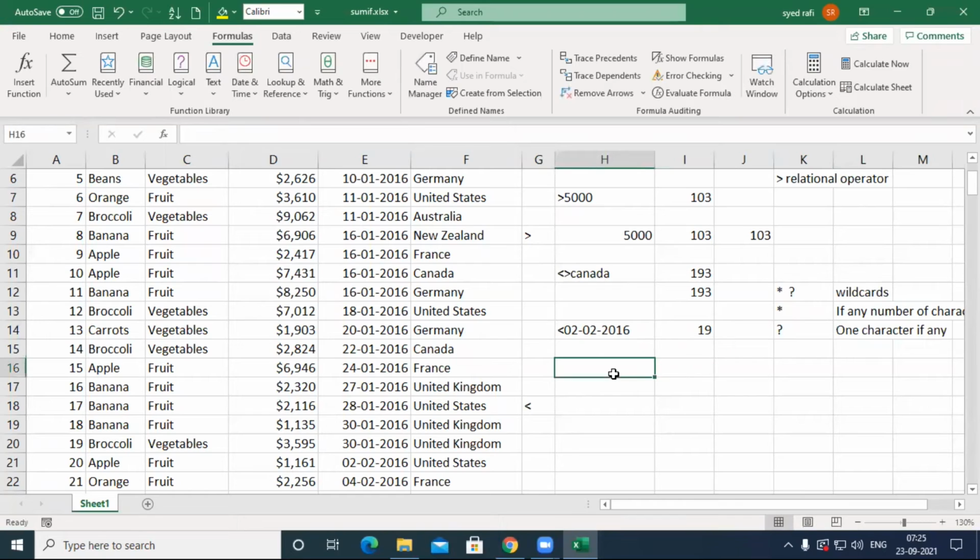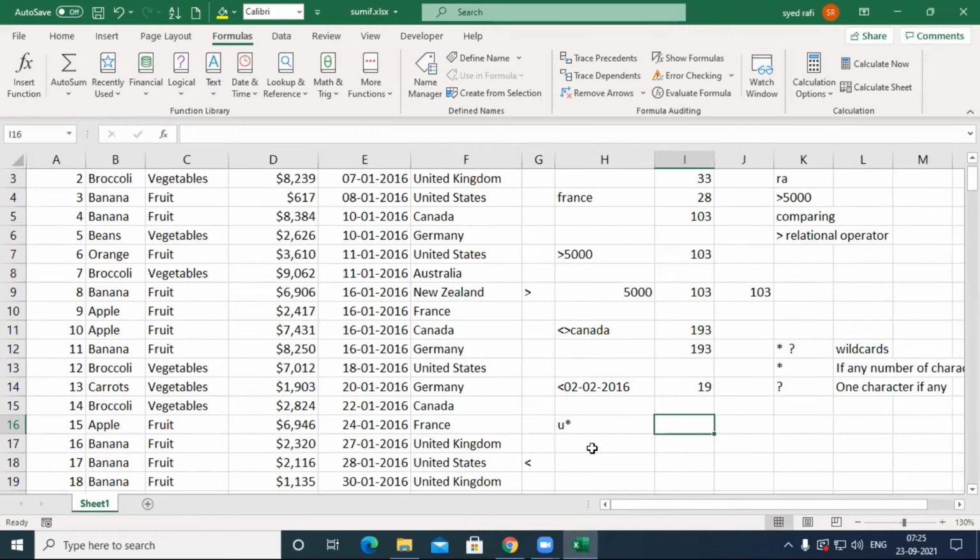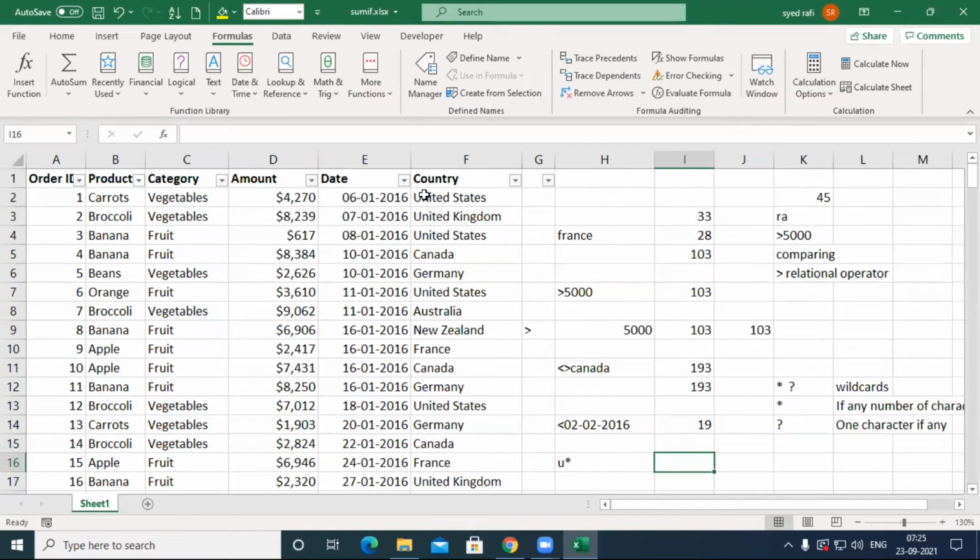I will show you. I put U star in country. I want to count the country names that start with U. That's why I type U star, which means the country name must start with U. The remaining characters, any number of them, are ignored, but the mandatory part is that the first letter must be U. So let's check.